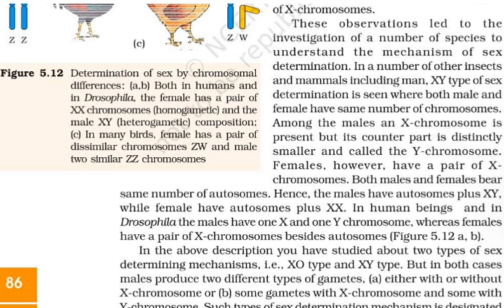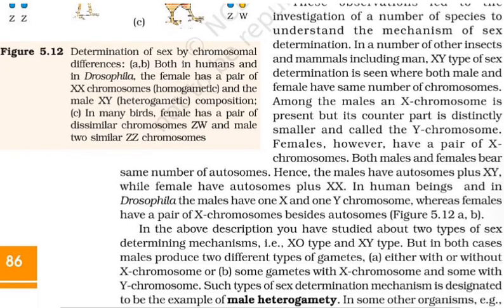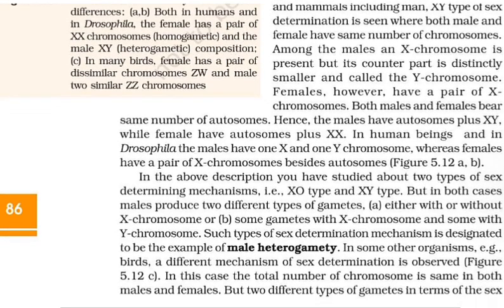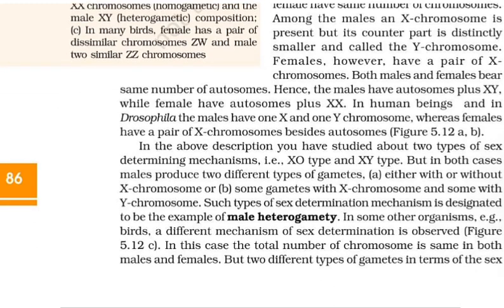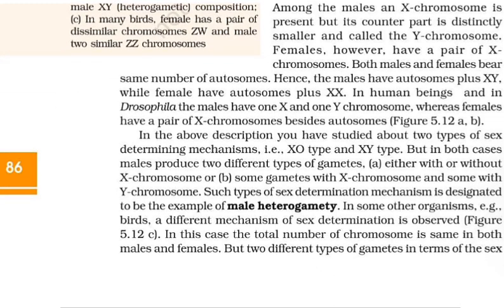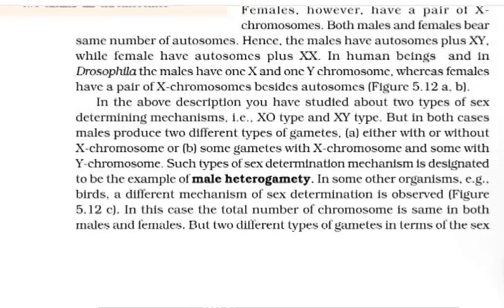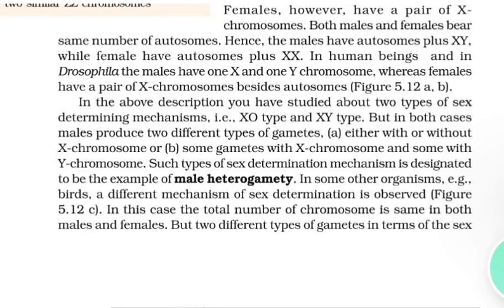It was also observed that in a large number of insects, the mechanism of sex determination is of the XO type. That is, all eggs bear an additional X chromosome besides the other chromosomes, that is autosomes. On the other hand, some of the sperms bear the X chromosome whereas some do not.